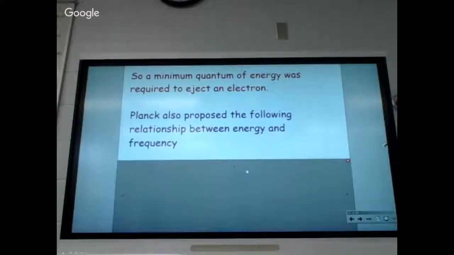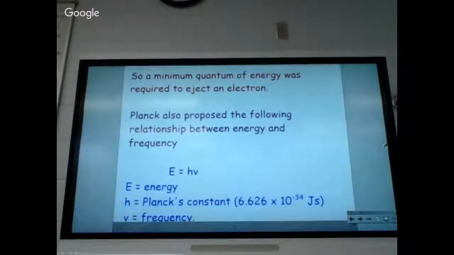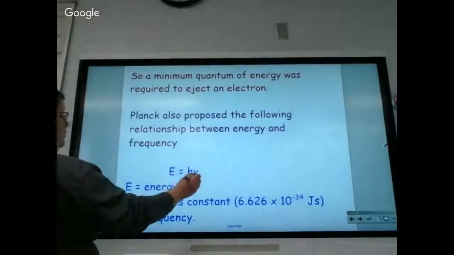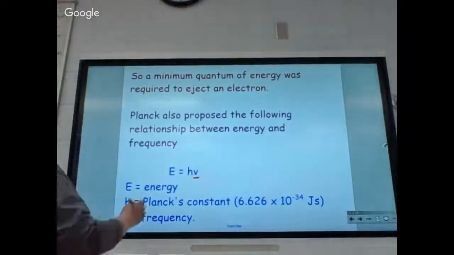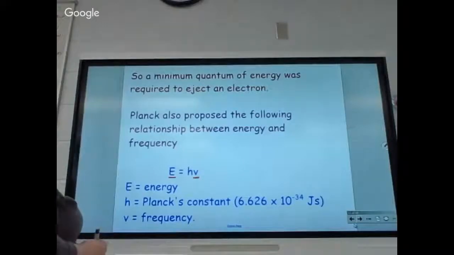Okay? There's a relationship between energy and frequency. Now, this is an equation. I will tell you now, you do not have to know the equation other than to know the relationship. E stands for what? It's a universal symbol for what? Energy. V, we've already talked about. What's V? Frequency. E and frequency are the two you have to know.